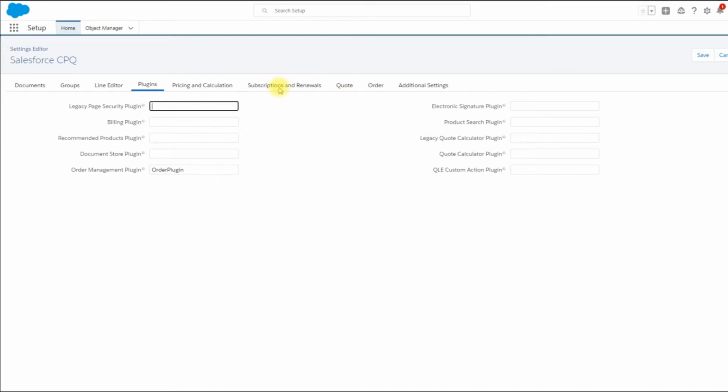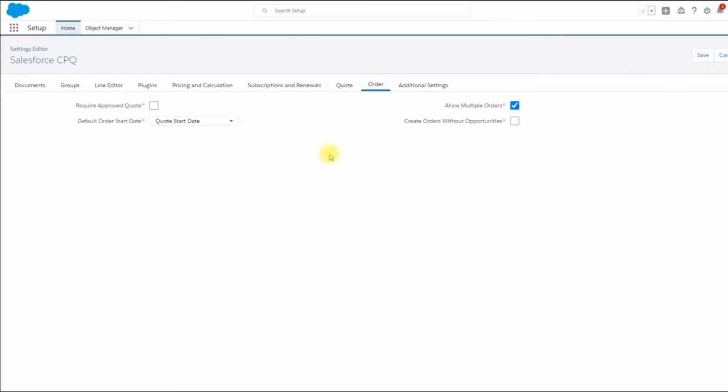Then there is one additional setting required inside the order tab. By default, you can see the default order start date is the quote start date, right? Either you can switch to 2 days, or let's say the current date. But if you want to use this particular plugin, and you're planning to set some future date as the order start date, then you'll have to set it to none, so that the date will be calculated through the plugin, and it will be set on the order record directly.